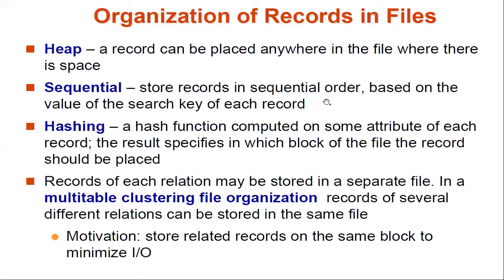Sequential, in the sense that mostly it will be in the sorting form. Generally, whenever you are saving any data, it will be in the form of either ascending or descending. So mostly it will be in ascending order, that is, let's start from 0, 1, 2, 3, something like that. So you can arrange your records in the file in a sequential manner.